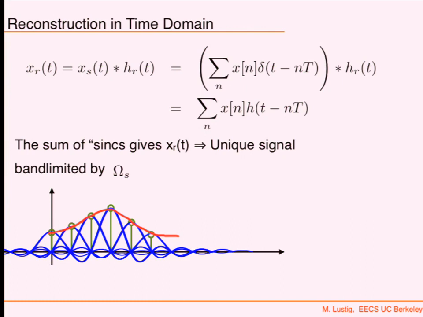Now, why is it band-limited? How do I guarantee that it's band-limited? I mean, I shifted those sincs and I added them together. Maybe it's not band-limited anymore. This is important. I need an answer. So when I place those sincs on top of each other, why is my signal, when I add them all together, band-limited?